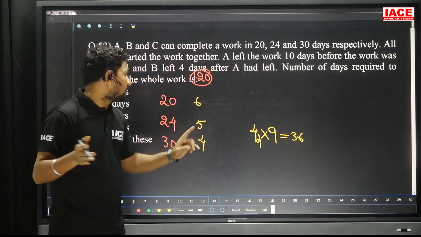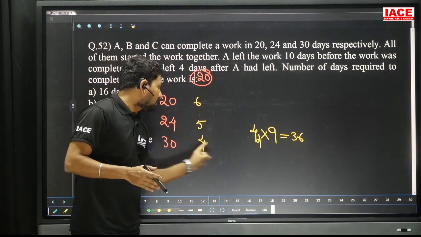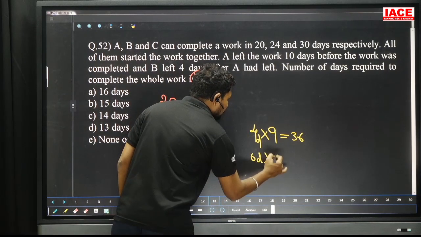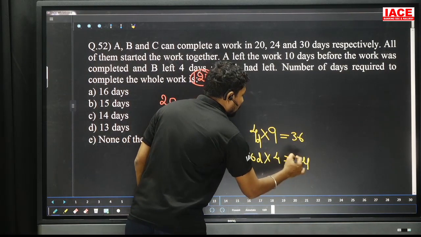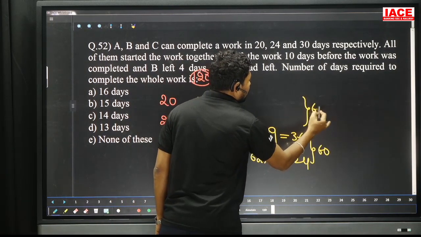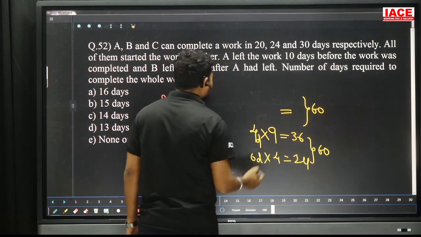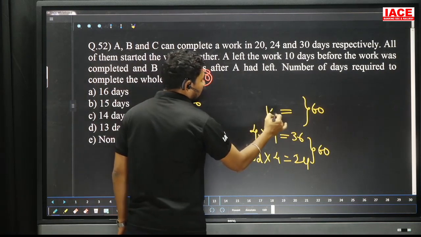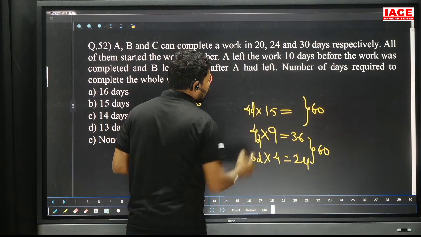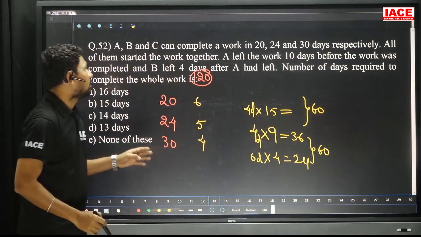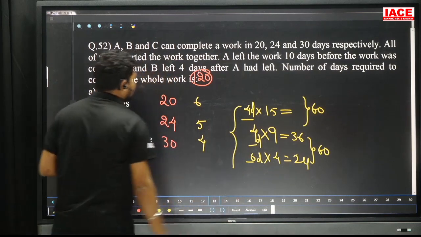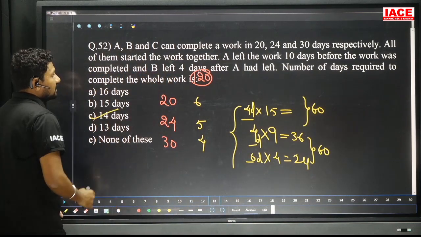The 4 days of work is done by whom? BC. That is 5 plus 4 is 9 parts. And the last 6 days of work is done by whom? C. Then 6 fours are 24. 36 plus 24, 60 units is completed till now. Remaining is how many units required? 60 units is required. This is done by all the persons. It is how many units? All the persons can do 15 units. How many days are required? 4 days required. That means the total work is completed. Total is how many days? 14 days: 4 days, 4 days, 6 days. Total how many days required? 14 days required. Option C here.